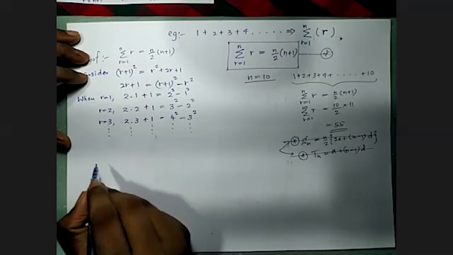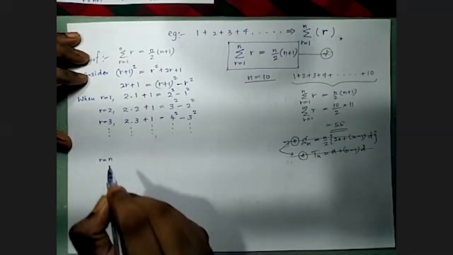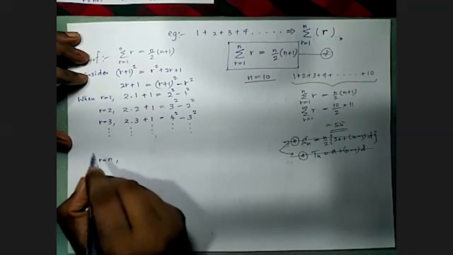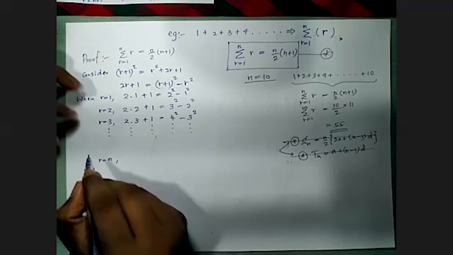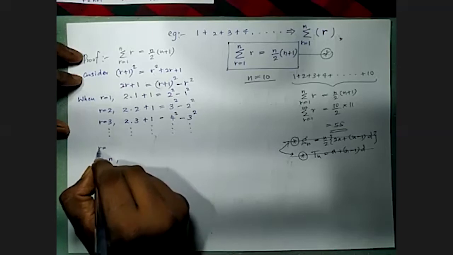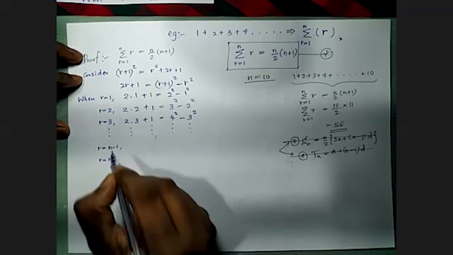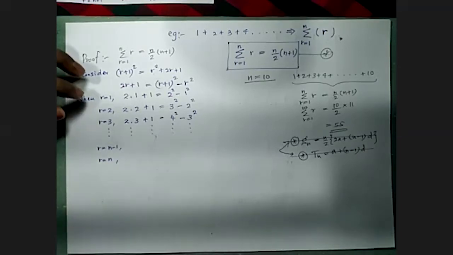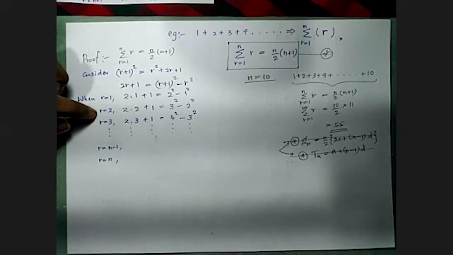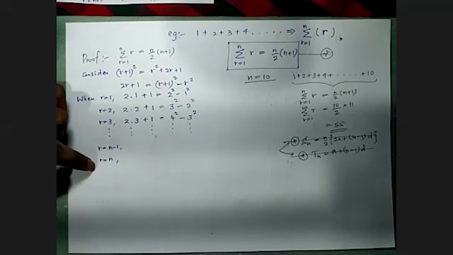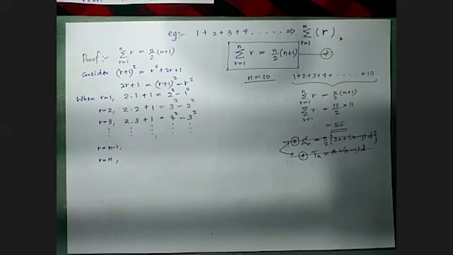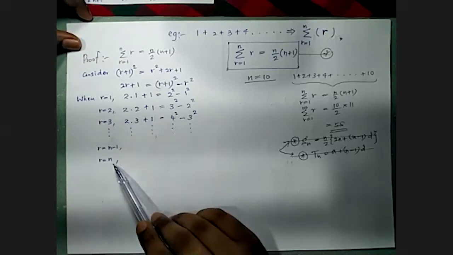But you have to substitute up to n. R equals n. Then we have substituted 3 terms from the top and 2 terms from the bottom. Normally r equals 1, r equals 2, r equals n minus 1, r equals n. Those 4 steps are enough. As this is the first example, I substituted the third one as well. So our final term is n.